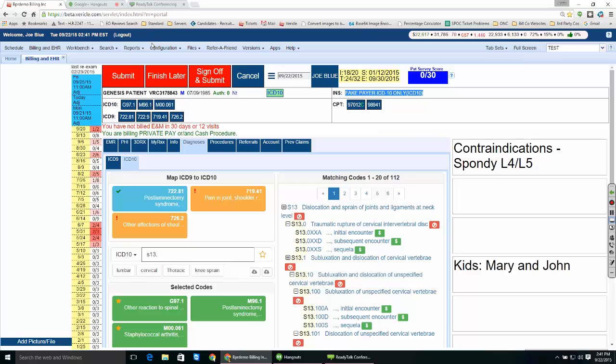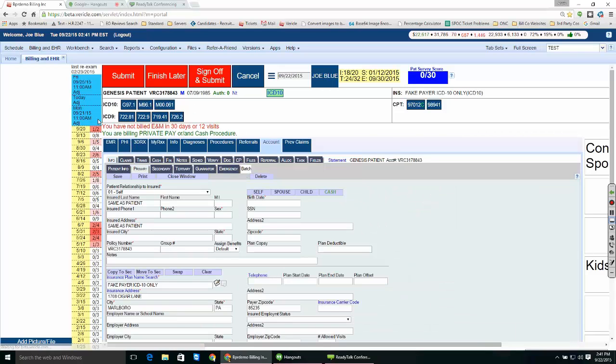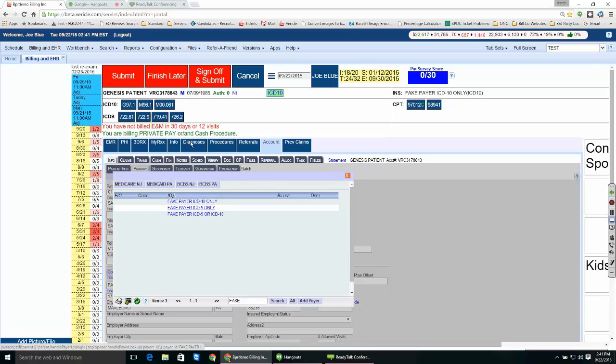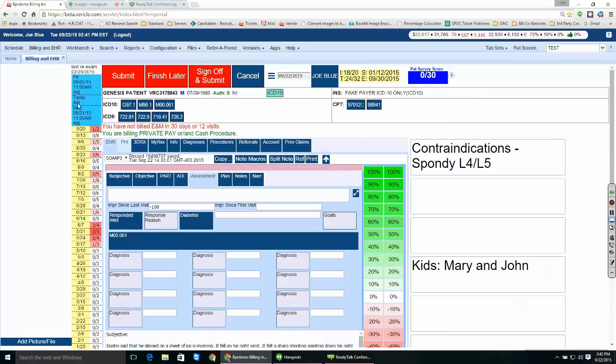And then you're going to go into one of your dummy accounts. And on the primary tab, go ahead and select the payer as fake payer ICD-10 only. So go ahead and type in the word fake and click the search. You're going to have the 3 options. You want to click the one that says ICD-10 only and hit save on the patient account. And that way you'll be able to see this is exactly how the system is going to behave come October